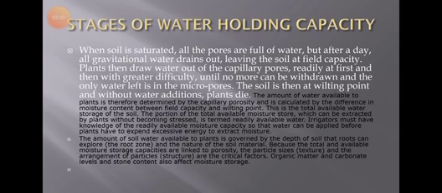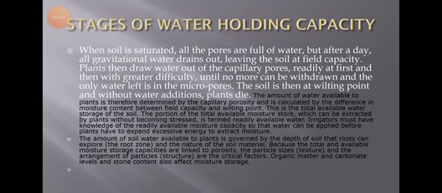The amount of water available to plants is therefore determined by the capillary porosity and is calculated by the difference in moisture content between field capacity and wilting point. This is the total available storage of the soil. The portion of the total available moisture stored which can be extracted by plants without becoming stressed is termed readily available water. Irrigators must have knowledge of the readily available moisture capacity so that water can be applied before plants have to expend excessive energy to extract moisture.